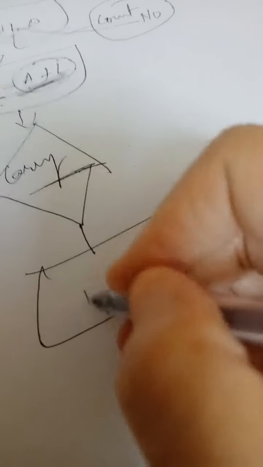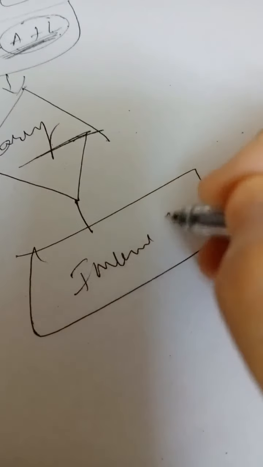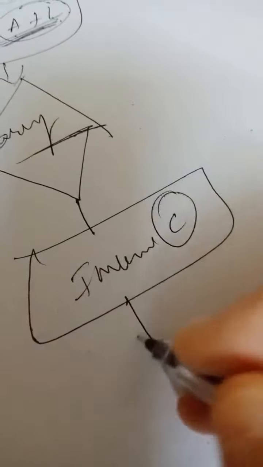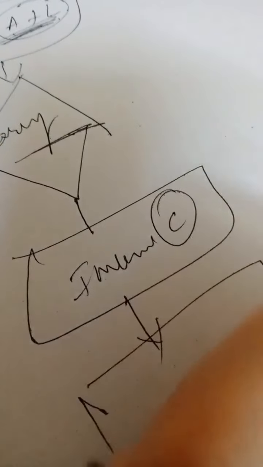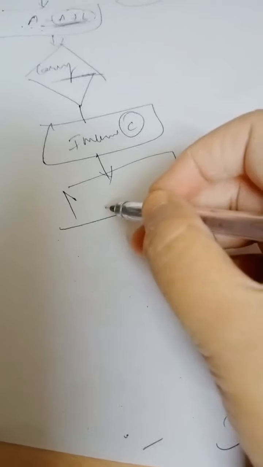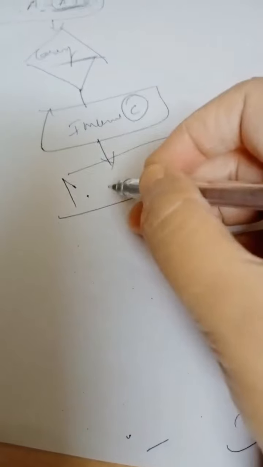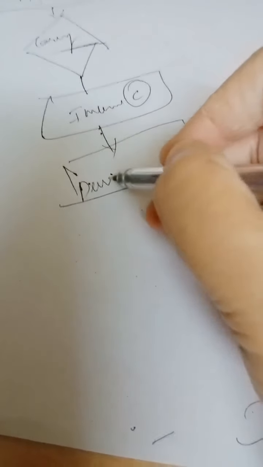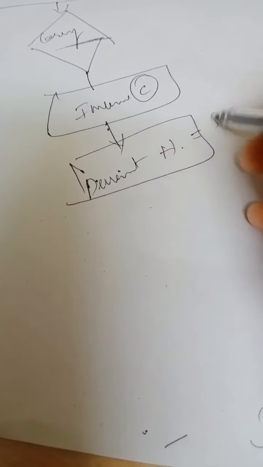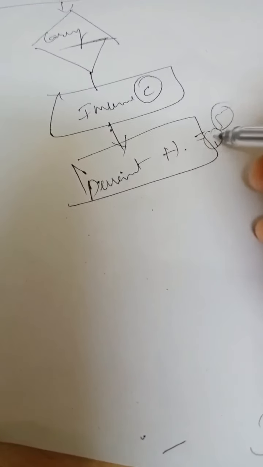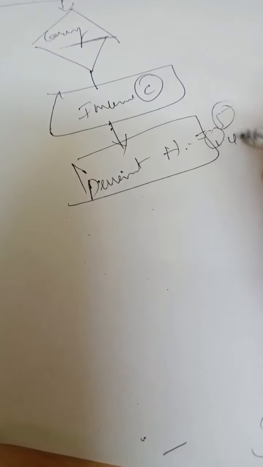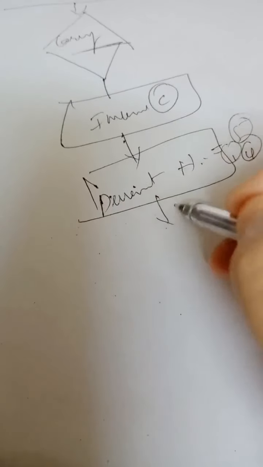Then after adding the number, we will check for the carry by this condition block. What will you do if there is no carry? If there is a carry, it will increment the C register. If there is no carry, leave it simply. Now after incrementing the C register, it will decrement the count. Now count is 5. After adding the number, count will become 4. So then we will go to the next.